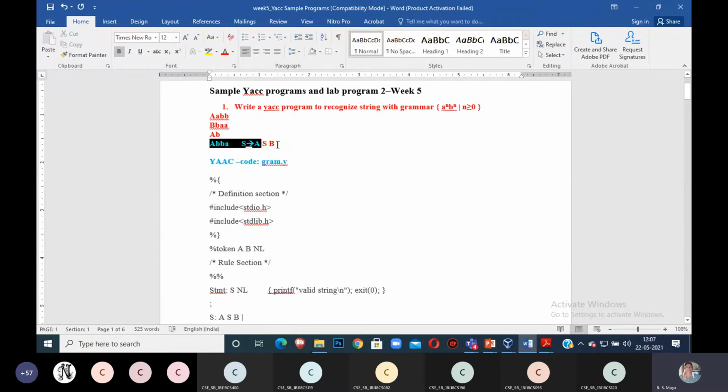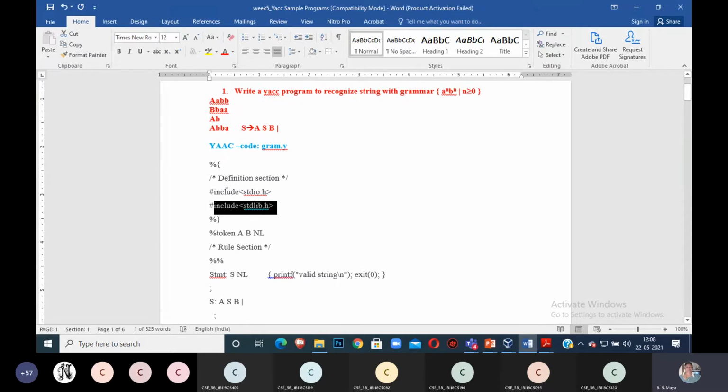I am assigning this to another non-terminal symbol, and there I am calling it. Observe that. You start with percentage open curly brace. This is your definition section. The definition section ends with percentage close curly brace. Between these you can include any number of header files, like include stdio.h, include stdlib.h. Don't write anything, just observe. I will send this file. I write header files in the definition section. Save.